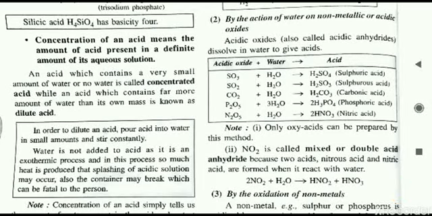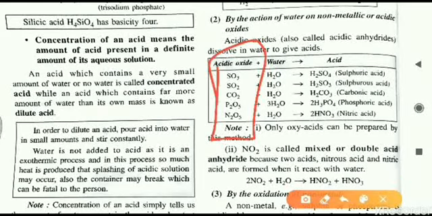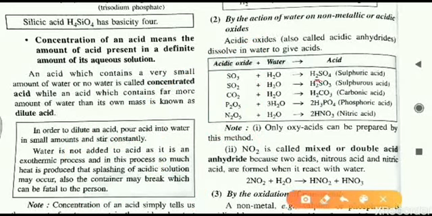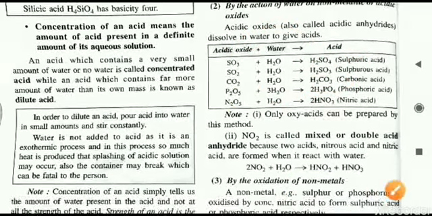What are these acid anhydrides? Acid anhydrides are all these acidic oxides. Acidic oxides are also called acid anhydrides. How so? You can do this reaction in an opposite manner. Like sulfuric acid, if water is removed from it, it will give us SO3. Similarly, all these reactions can go in a backward manner also. Just carbonic acid, for example, it will produce carbon dioxide if water is removed from it, and all these reactions as such can be done.